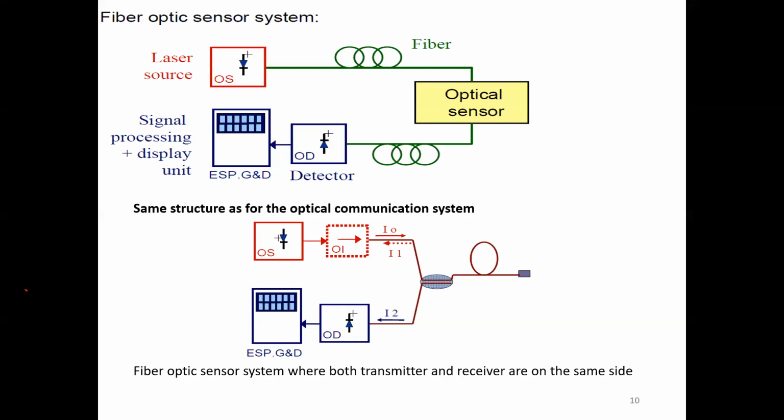If you look at the fiber optic sensor system and optical communication systems, they are very similar. On the upper side is the fiber optic sensor system block diagram, and below is the block diagram of the communication system. So you see the basic principle is the same. We are sending the light, we are receiving the light. In between there is optical fiber. We have a detector to receive the light, right?